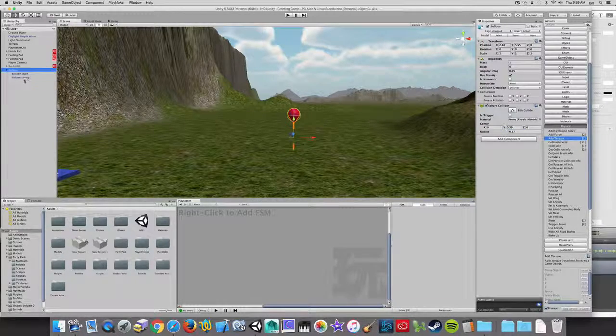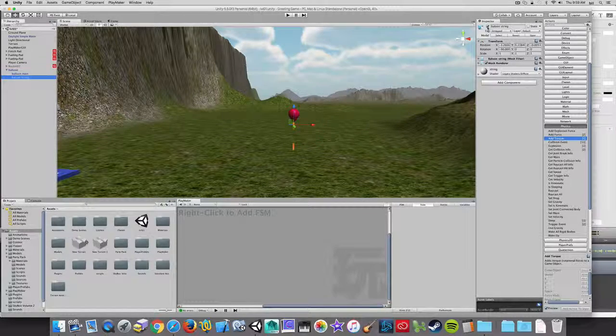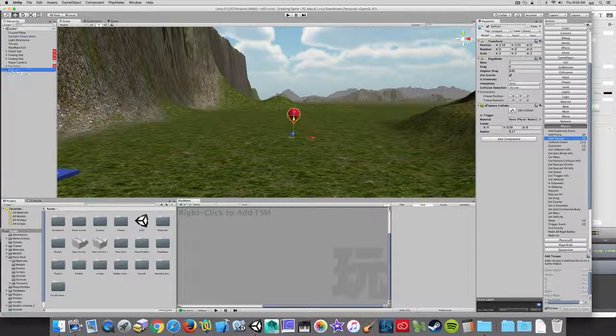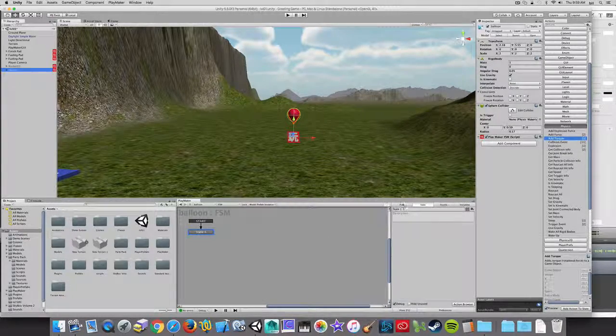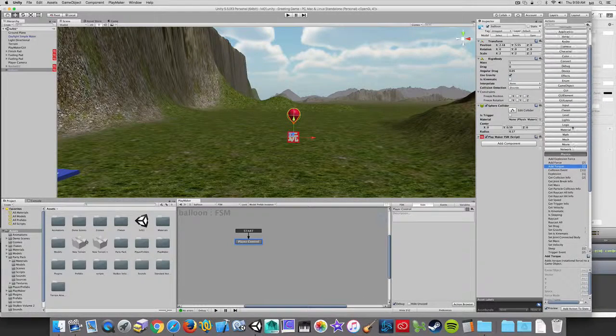Now let me take a look, and I'm just going to temporarily deactivate that string so I'm not looking at that little highlight there. With the balloon selected, I'm going to add a state machine, and this state machine is going to be the balloon control, and this state will simply be the player control. This is all going to happen in one state, unlike the last mechanic that we built. We're just going to keep it right in one state. This time around, there are a couple of different options, but I'm going to go find the input